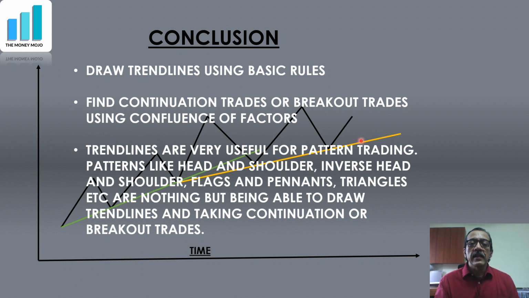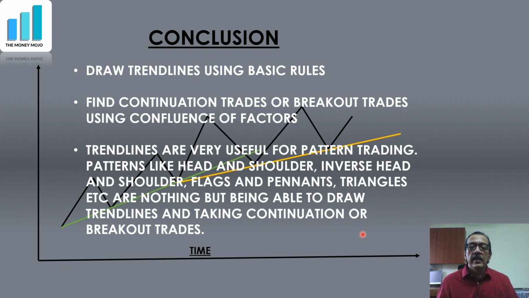So do that. And then finally, I want to highlight that these trend lines are the very reasons why you find patterns like head and shoulder, inverse head and shoulder. Anybody who has any understanding of trading knows that there are all these patterns. And these patterns are nothing else but our ability to draw trend lines. For example, Asian Paints was a large triangle, with a converging downward sloping trend line which was a resistance, and an upward sloping trend line which was a support, and Asian Paints was within that. It was a triangle.